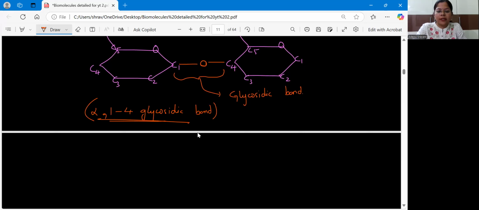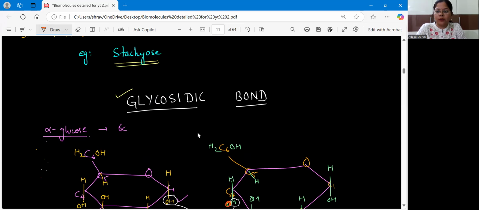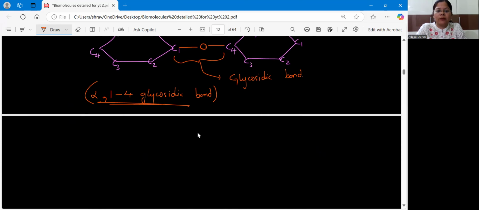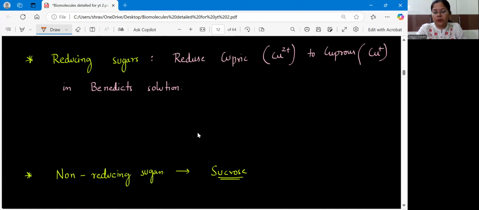I hope it is clear to everyone. So this is all about the formation of glycosidic bonds in the carbohydrates. Next, we will be talking about something called reducing sugars and non-reducing sugars. Again, this is a very, very important point. Reducing sugars